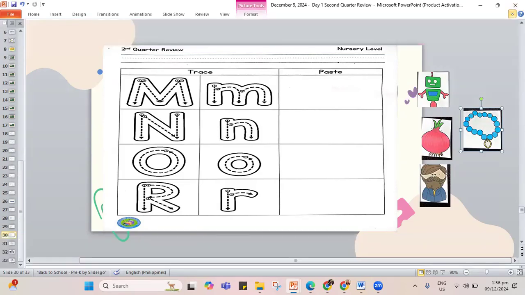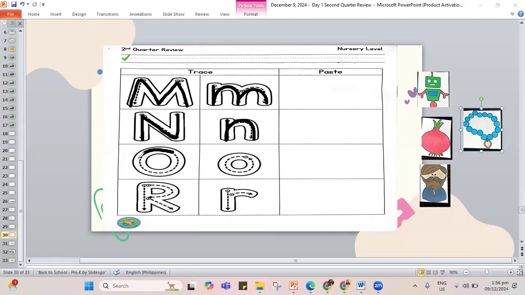Now, how about we do our work here? This time, write your name in the space, Yumika, and you need to trace your letters. So let's start with our letter M, capital M. Line down, go back up, slide, up and down. Lowercase m, line down, and two mountains, 1 and 2. Letter N, line down, go back up, slide, and up. Lowercase n, line down and make a hump.